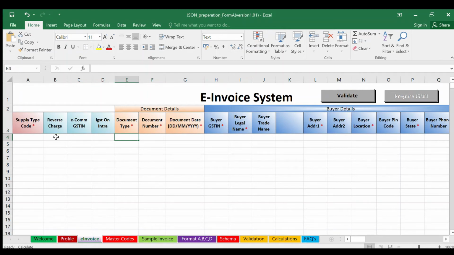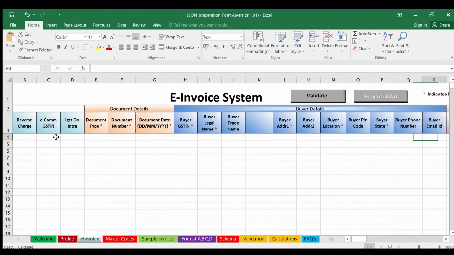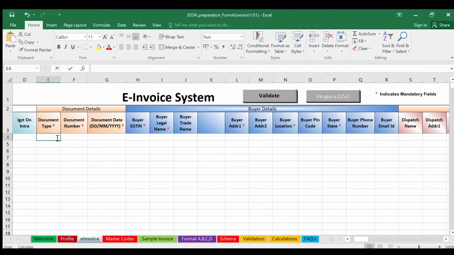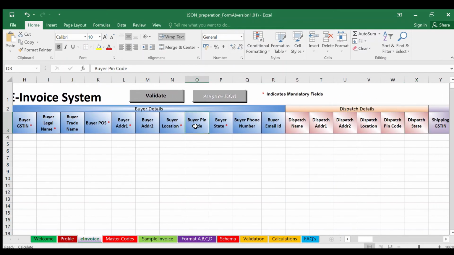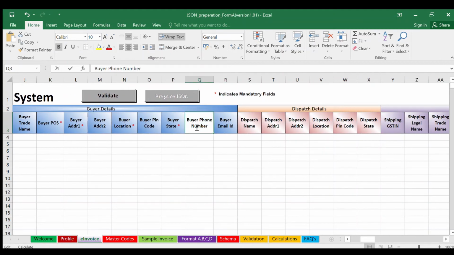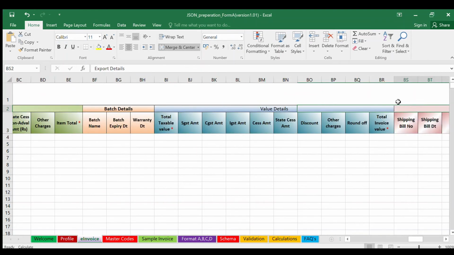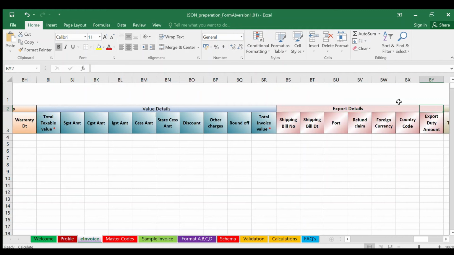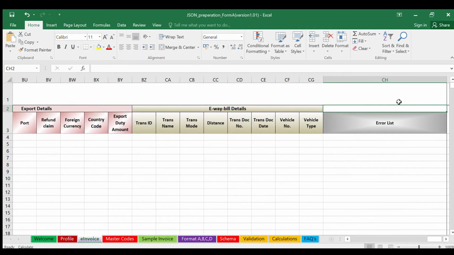You have to fill in the document details, buyer details, dispatch details, then shipping details, product details, batch details, value details, export details, then e-waybill details, etc. I'm not going into detail on how to fill these columns because all these columns and details will be familiar to you. In case of any doubts about what these columns mean or what is to be filled in, please comment. I will reply to the same.